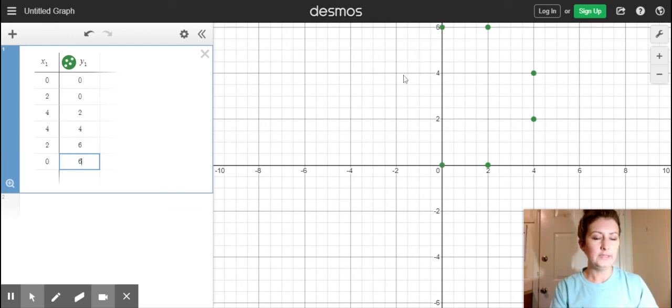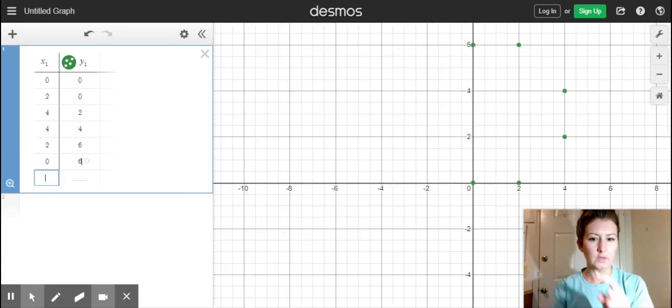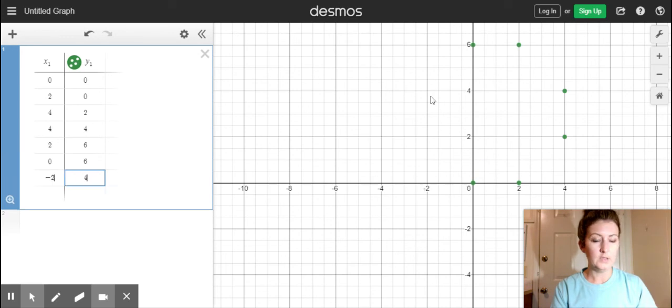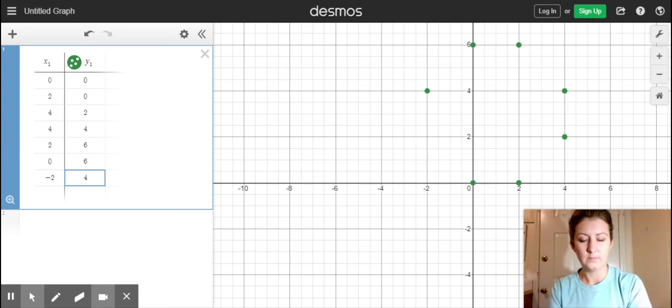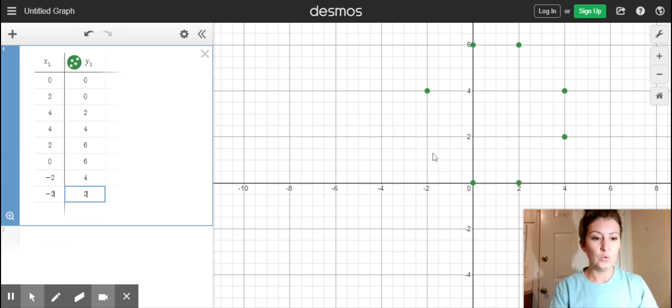Now I need to just mirror everything that's on the right-hand side. I just need to mirror it over here to get my shape really going good. So I'm going to go -2, 4. I don't know what happened. So I went -2, 4 to mirror this dot right here, but on this side. Then I need to mirror this dot right here, which is going to be -2, 2. And to make my shape